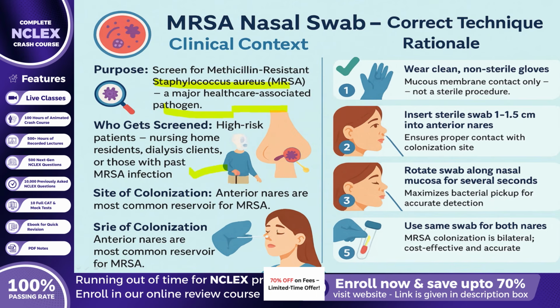MRSA infection. The correct collection technique involves gently inserting a sterile swab about 1 to 1.5 centimeters into the anterior nares and rotating it against the inner nasal walls for several seconds. This motion ensures contact with the nasal mucosa, where MRSA organisms typically reside. The same swab is then used for the opposite nostril before placing it into a transport medium for culture or